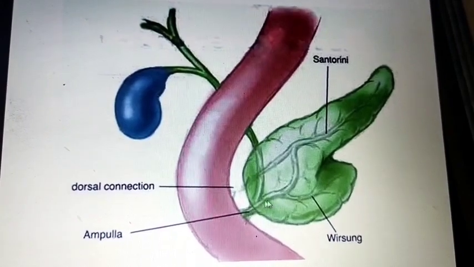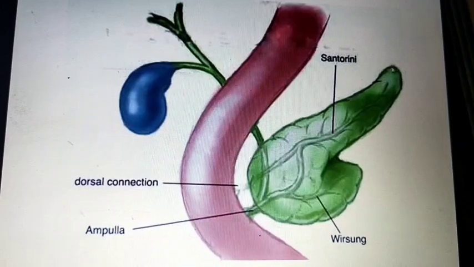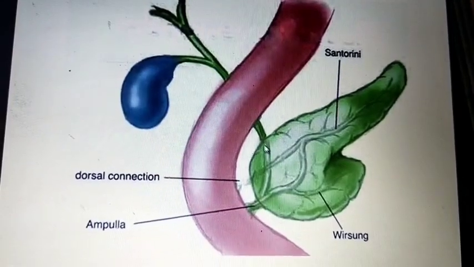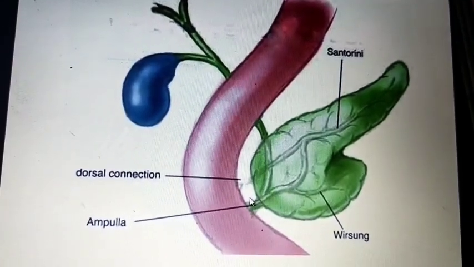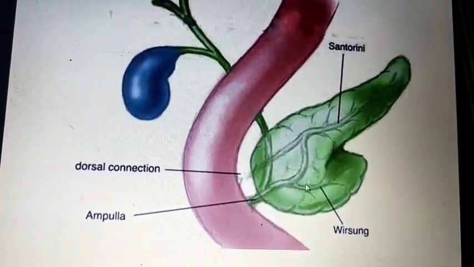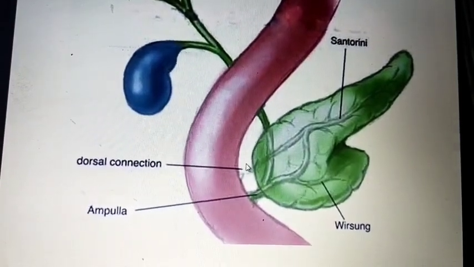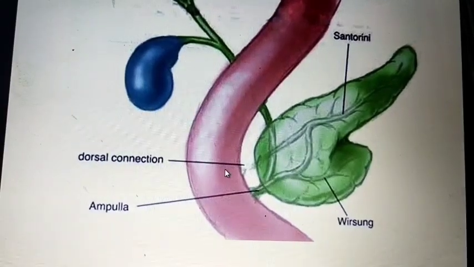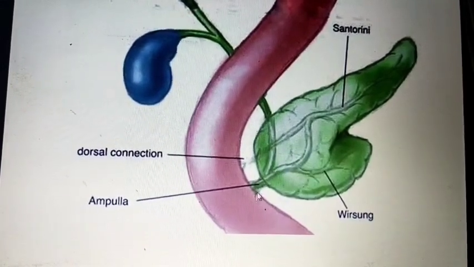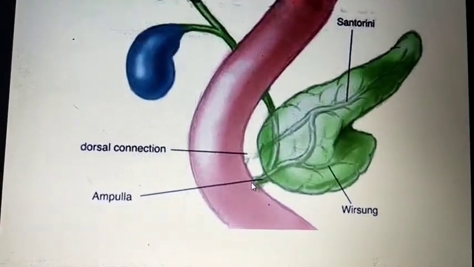Here you can see this is the ventral bud and this is the dorsal bud; they join together and form the pancreas. Okay, the head and the uncinate process, everything happens. And here this is the common bile duct and this is the pancreatic duct. This is the ventral bud and this is the dorsal bud, which develop and form the pancreas, and this accessory pancreatic duct also opens at the duodenum at the minor papilla, and this is where the common hepatopancreatic ampulla of Vater opens as the major papilla.